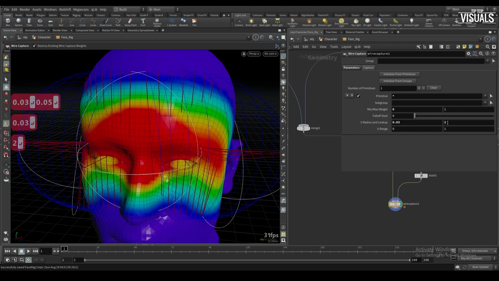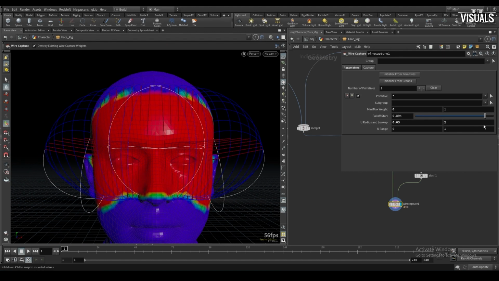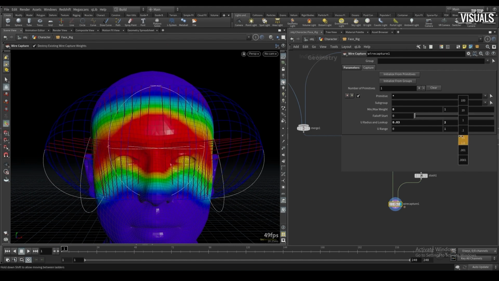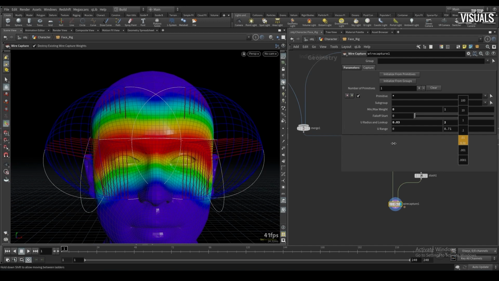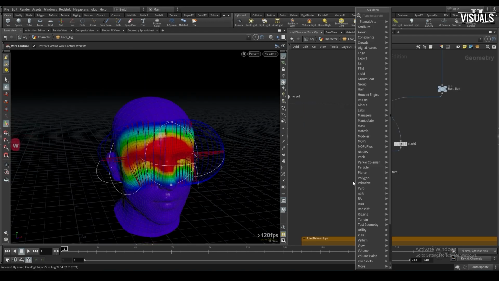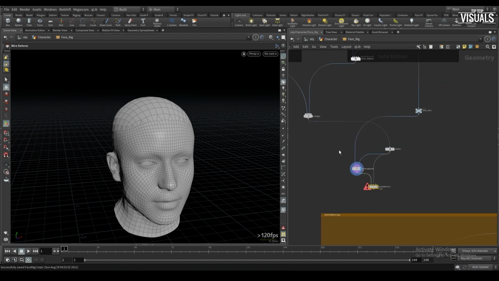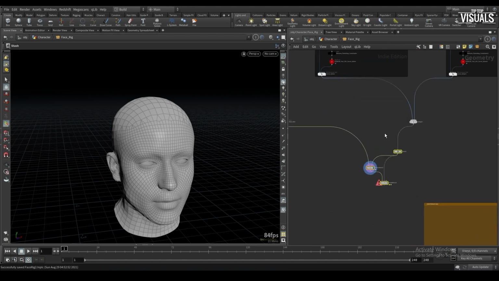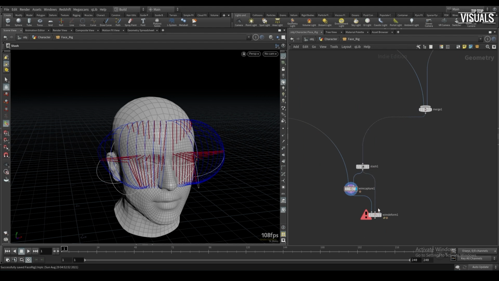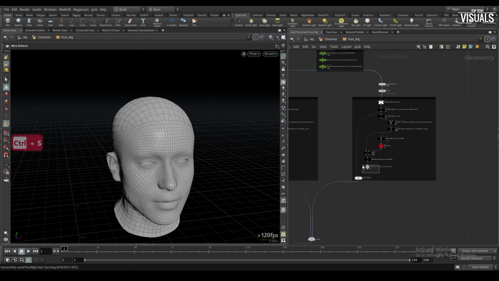So maybe I go 2 on the lookup just to make it longer, and 0 to 1 is probably fine too. The falloff is going to be falloff, and this U range is going to control the influence along the curve. Probably don't want to do much with this, but you can if you want to. And then we'll do a wire deform. The input is going to be the output from our wire capture, and then our rest wires are going to be our stash. I'm going to move this over. So our rest wires are going to be our stash, and then our deforming wires are going to be the live merge input. That is going to allow us right off the bat to